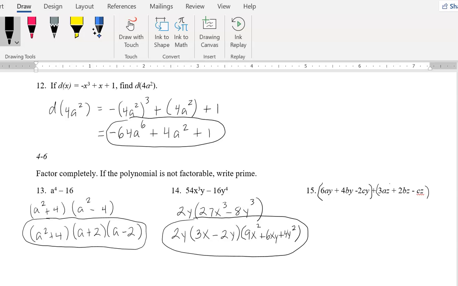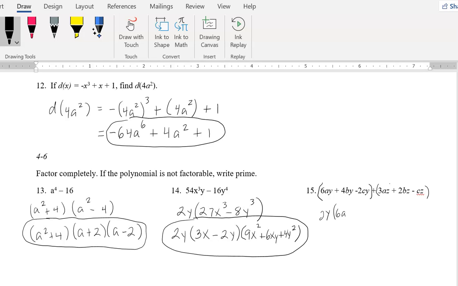So you're going to set up two different groups of three, and each group of three will have its own separate GCF. All right, so factor out y from the first three, and that's 6a, actually 2y, sorry,